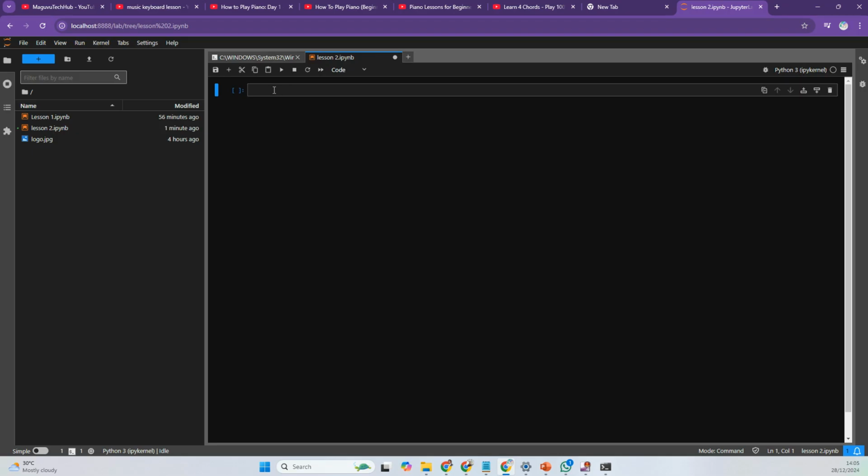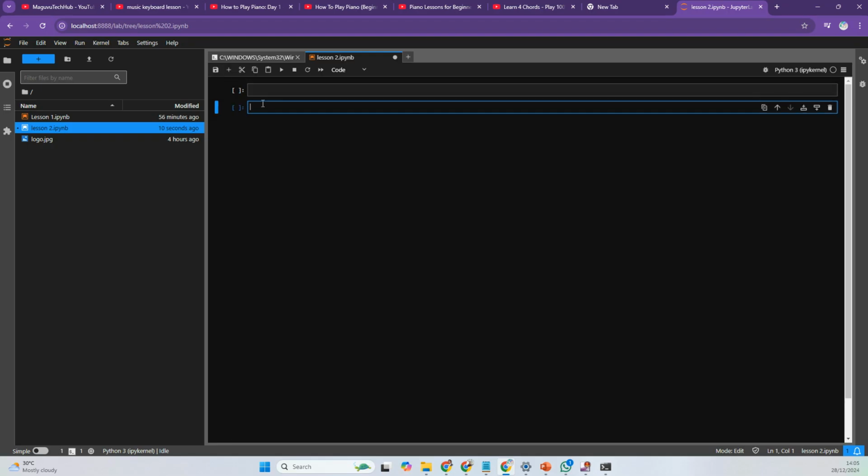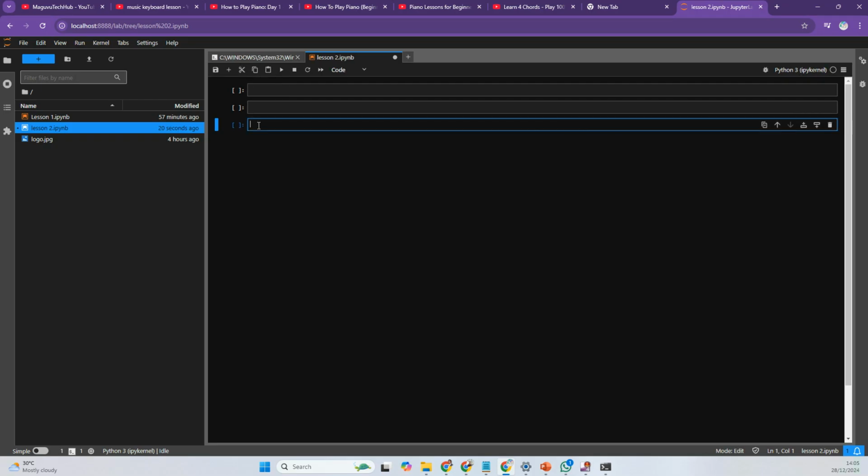Now that we have started, you also see that you can always click on the save to save your file as you continue, but by default the Python 3 kernel will always automatically save its work. Then you can always click the add sign to add a cell, or you can just move down your arrow and click, it automatically adds. And you can always cut a cell to paste it somewhere else, and you can also copy a cell so that you can paste it to another